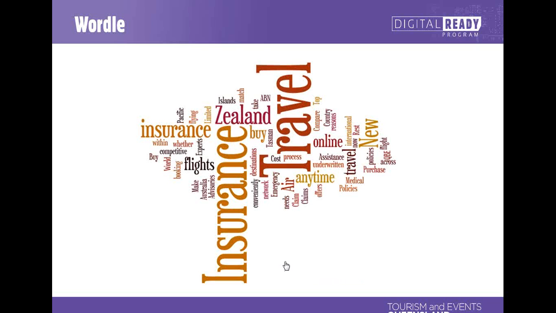So if you were wanting to optimise for the words travel insurance, which clearly in this paragraph, this is Air New Zealand, do because they want to rank for travel insurance, they've done it right because you can see travel is the biggest word and insurance is the second biggest, and it occurs twice, upper and lower case. So they have put that word enough times in their page text to rank on Google.